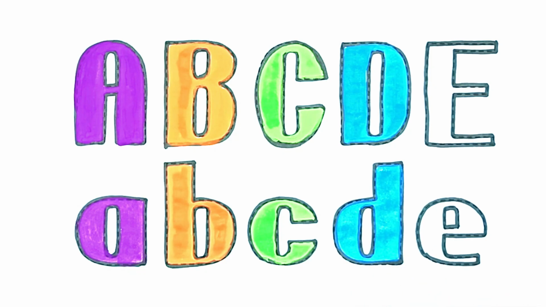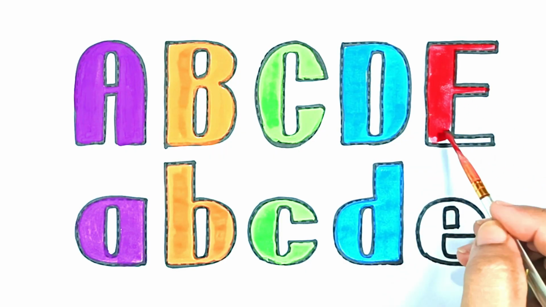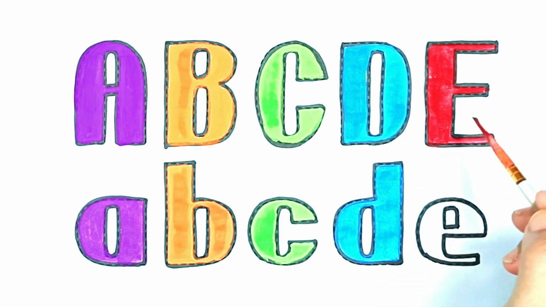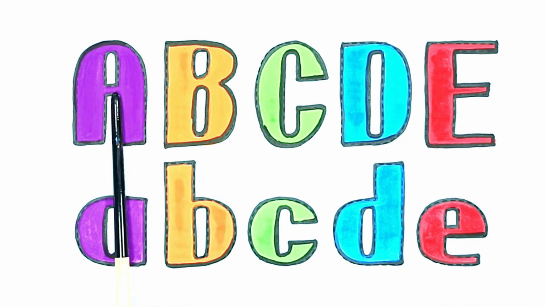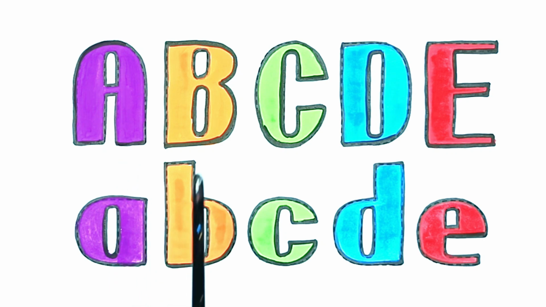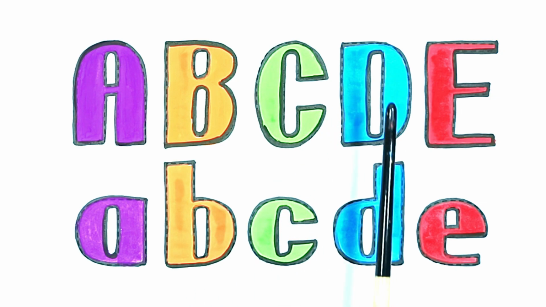D is for door. E is for elevator. E is for egg. Uppercase A, lowercase a, uppercase B, lowercase b, uppercase C, lowercase c, uppercase D, lowercase d,